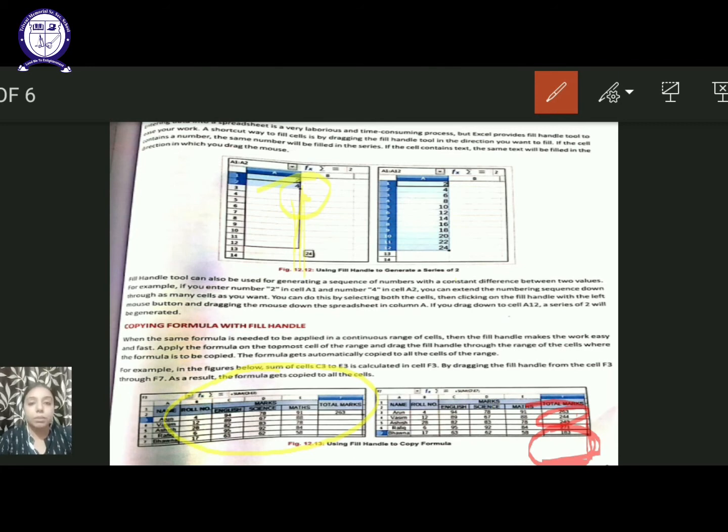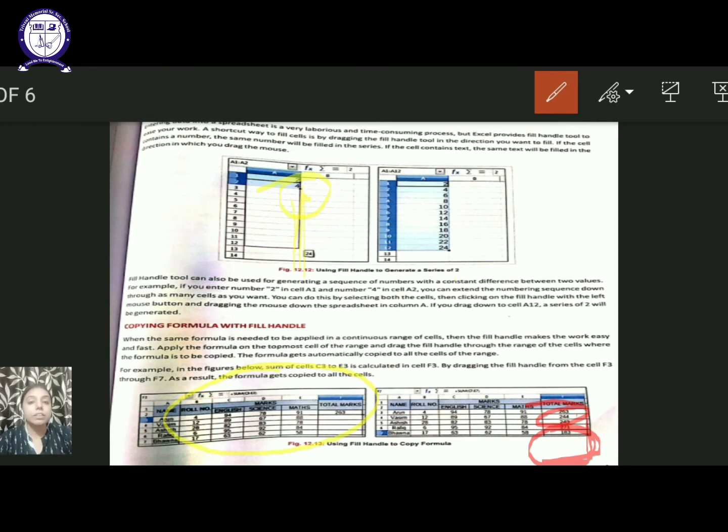After that, the next topic we have learned is the alignment tab. The earlier formatting was based on the number tab based on the various categories. Then we have learned about the alignment tab, in which alignment can be horizontal or vertical, and it can also have sub options based upon the requirement of the data needed in a cell. After that, we have learned about the fill handle, which is a very important feature of MS Excel, which helps us to enter a series of data automatically.